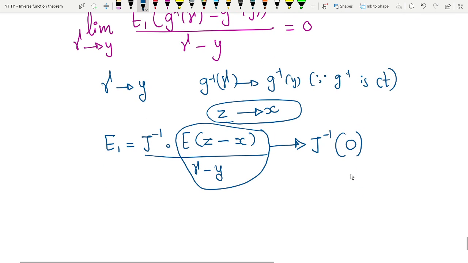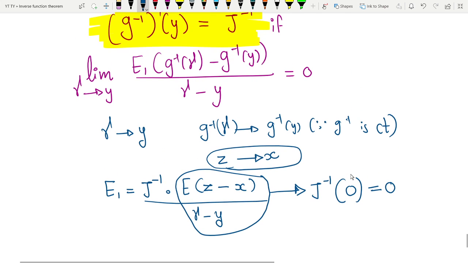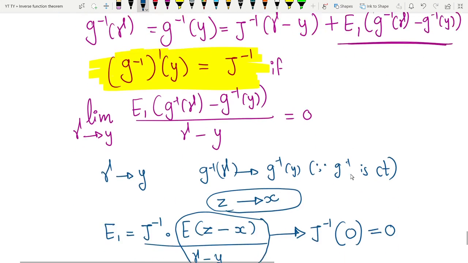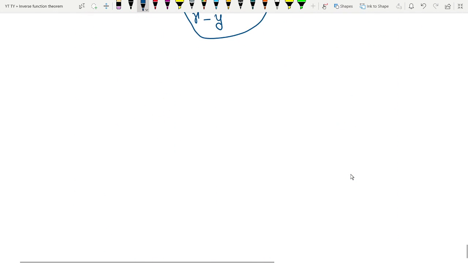Since J is a linear transformation, J inverse is also a linear transformation. Hence J inverse of 0 is also 0. So briefly, my E1 should tend towards 0 whenever my gamma goes towards y. Hence, finally I found that my g inverse of y